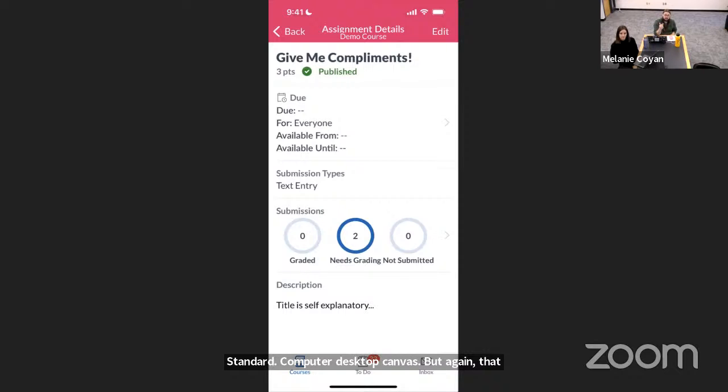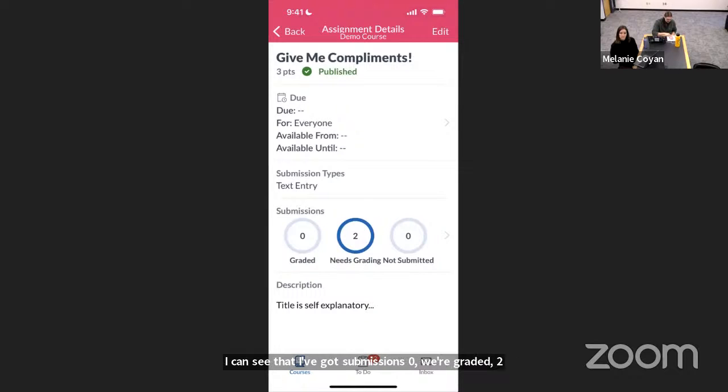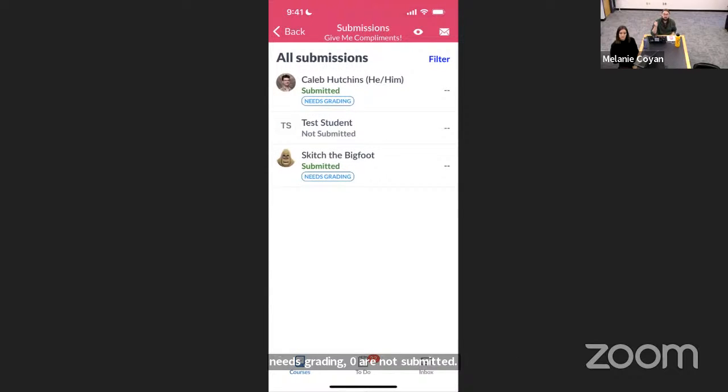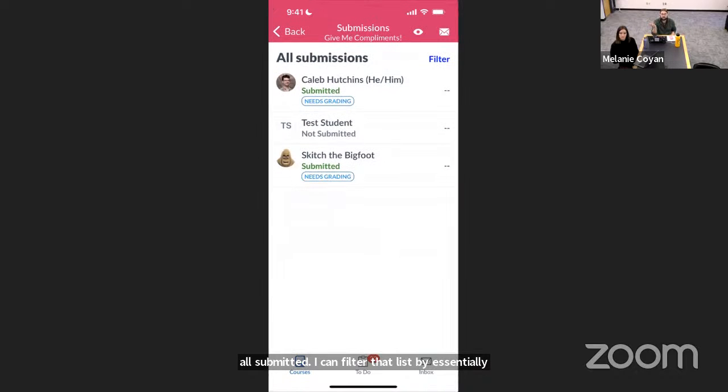So then let's say I want to get back to Caleb's submission. I've gone through this assignments level or assignments tool. I can see that I've got submissions, 0 were graded, 2 needs grading, 0 are not submitted. I can click the 2 needs grading, and then I can see who has all submitted versus who has not submitted yet. I can filter that list by not submitted, needs submission, which can also be helpful if I need to do any sort of communication to these